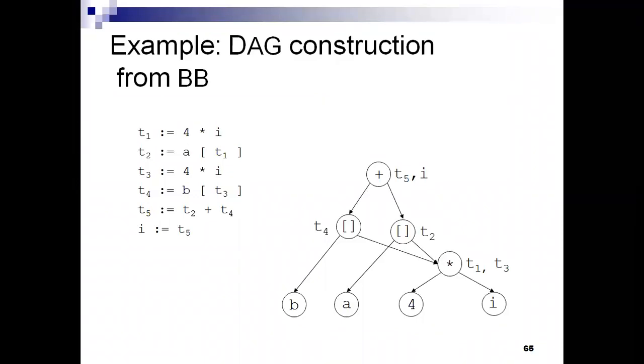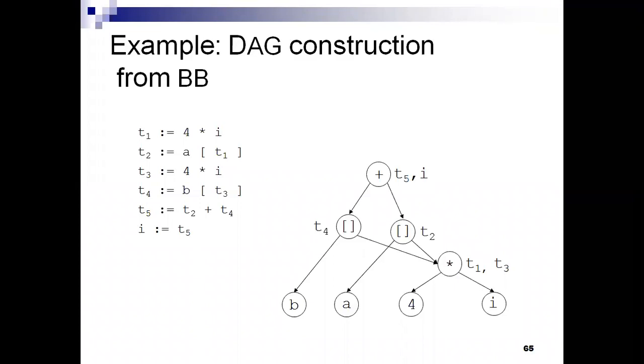And with this DAG also we can determine which statements of the block could have their computed values used outside the block. And with this DAG we can simplify the list of quadruples by eliminating the common sub-expressions and not performing the assignments of the form x is equal to y, unless and until it is a must. Make a note, unless and until it is a must. And this is about the construction of the DAG. This we can call a DAG based local optimization.